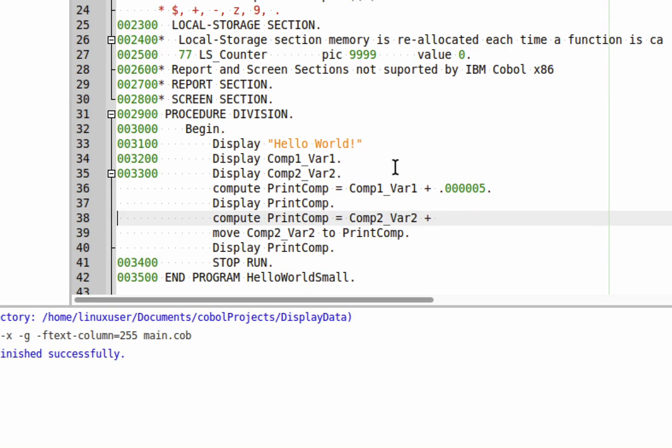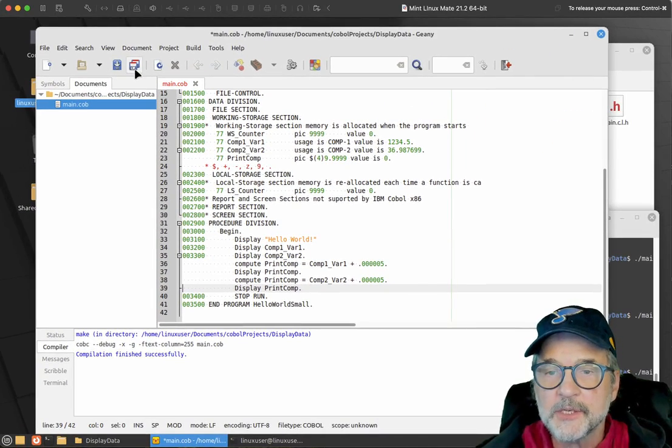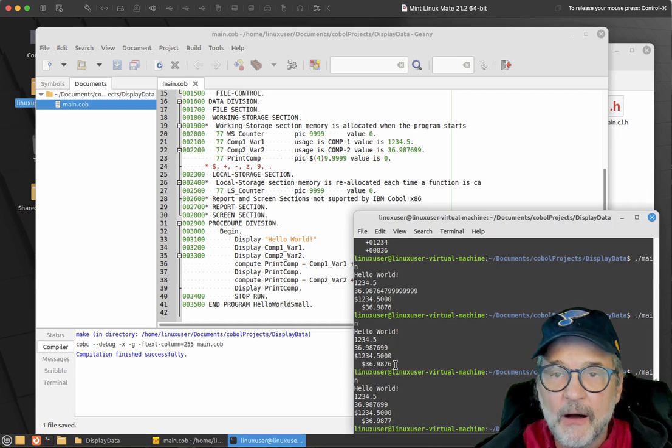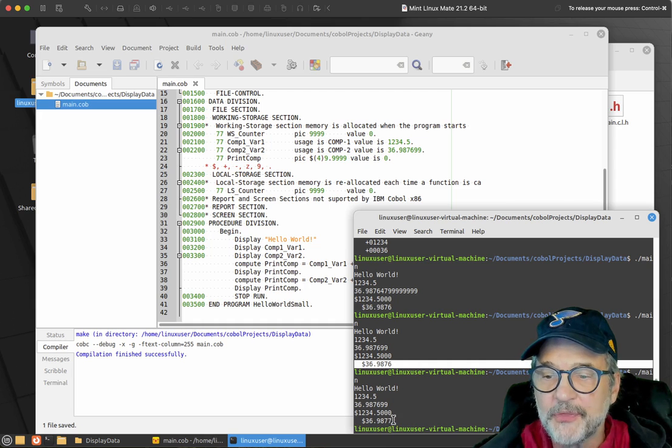Well, the first one only had 2, so let's go ahead and change this to, oh, that's okay. Let's leave it there. And just do the compute. So let's go ahead and build that, and now let's run it. Okay, so you can see the difference right here. Without the rounding up, you've got 0.9876. With the rounding up, you have